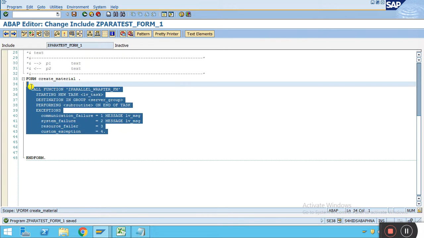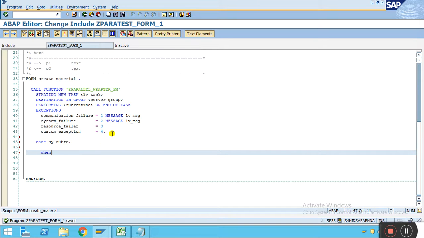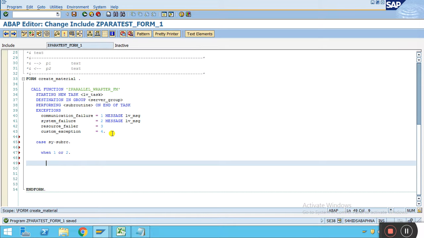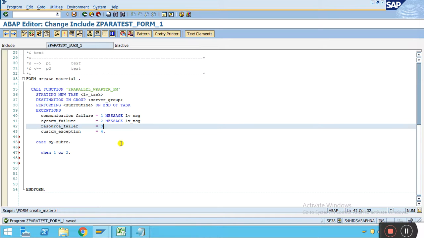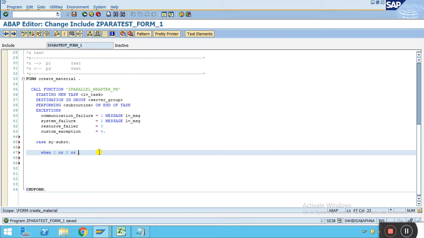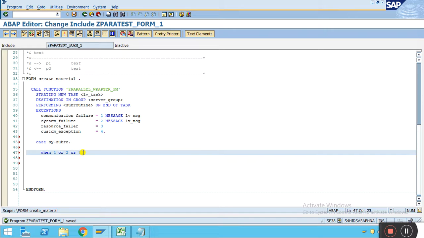And once you define all these things, you have to handle the exception, right? So we are going to use the case statement on sy-subrc. This is how we handle the exception, sy-subrc. When one or two, I'm going to combine them, because one and two we can combine together. I'm going to make it very simple as of now, and then I will let you know the different variant. So when one or two or three or four, if it is something like that, what I'm going to do is